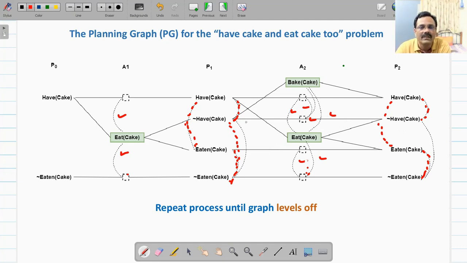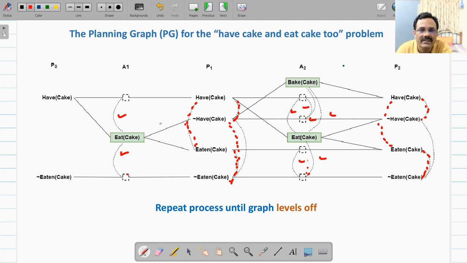So for adding mutex links in actions, there are three different types of mutex relations you have to identify: inconsistent effect, competing needs, and interference.